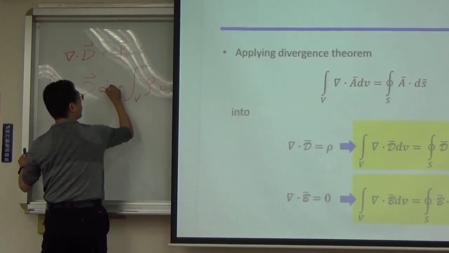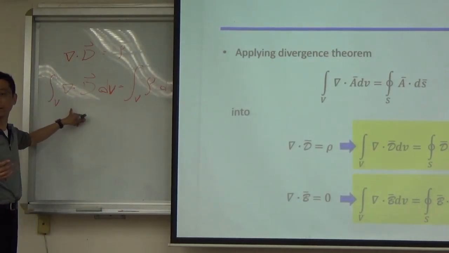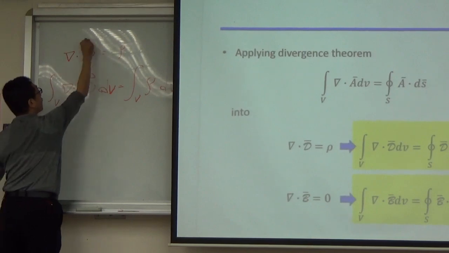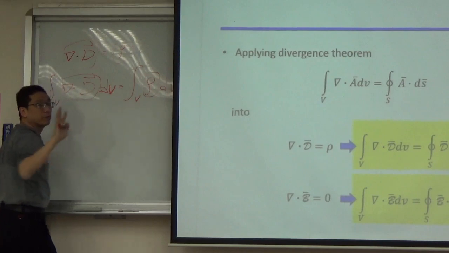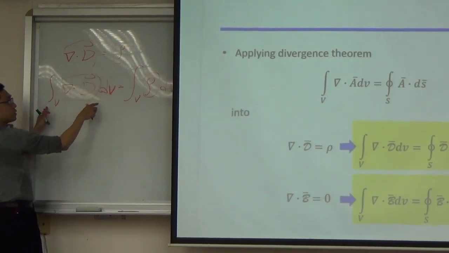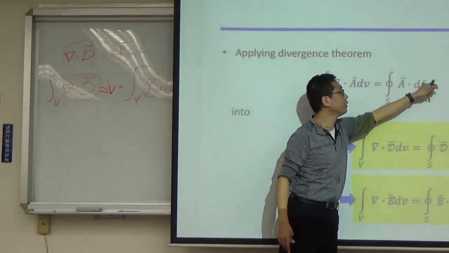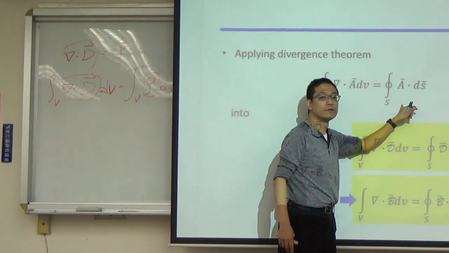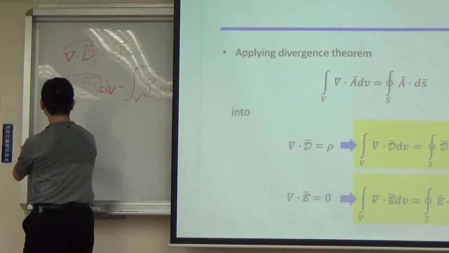V is not the velocity, it's the volume. I just put this part and this part here. I didn't do anything special, don't worry. Second, because this part can transfer to this form, the left part can change to,